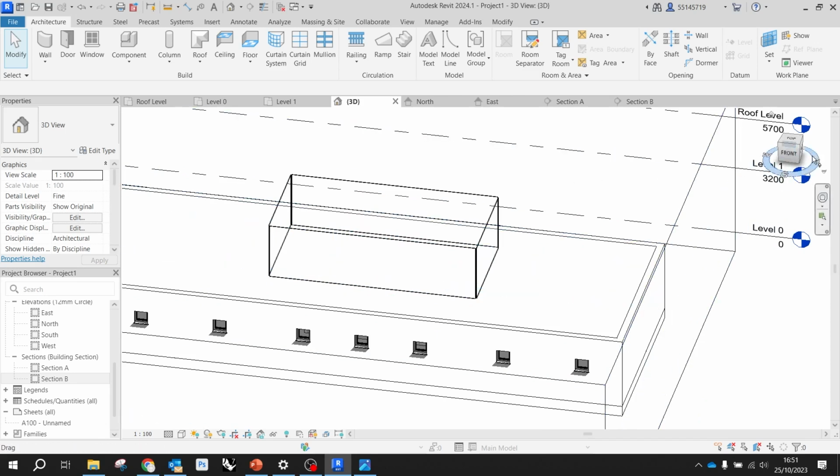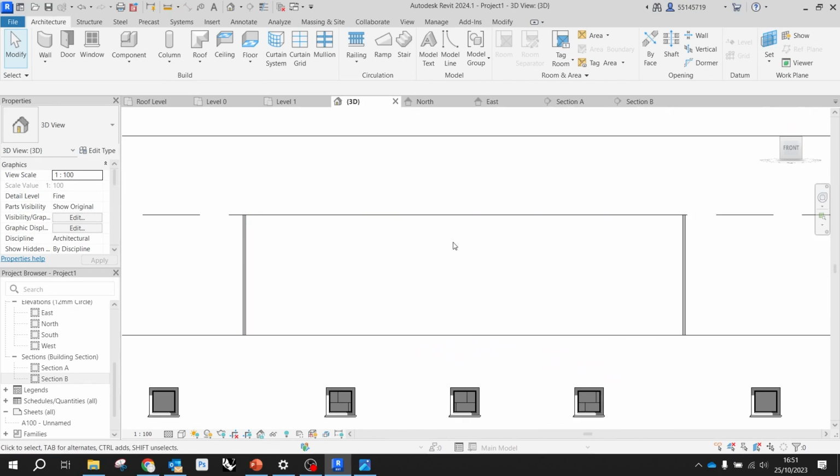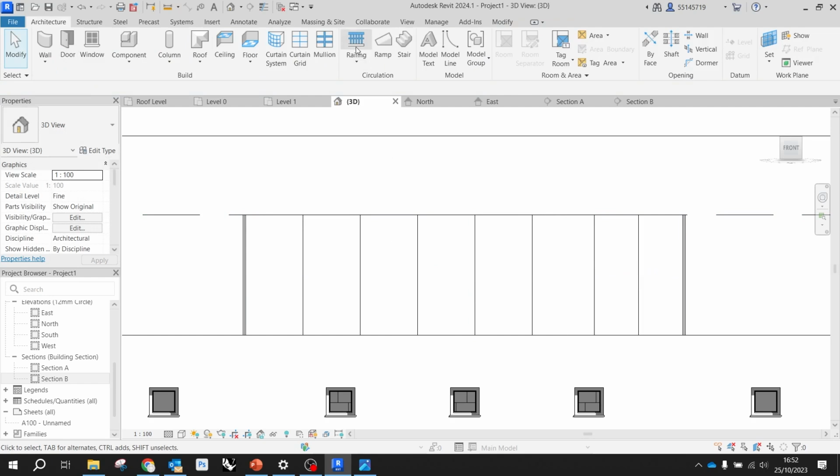Ideally, we either move to some sort of parallel view. We can do it in here. And up here you have curtain grid. So we can check curtain grid. And just by hovering on top, you can start placing the grid, right? You can try to be precise, like I'm doing every 1 meter point too. Well, not super precise, as you can see, but then there is a way to be more precise, which is